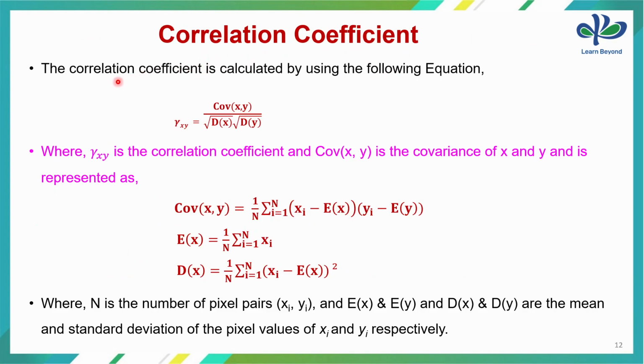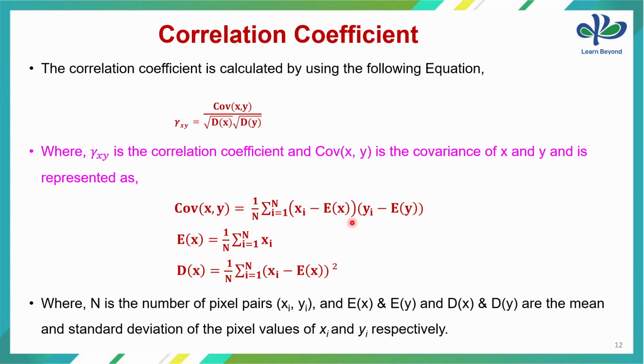Correlation coefficient. The correlation coefficient is calculated by using this equation, that is correlation of x comma y is equal to covariance of x comma y divided by square root of D of x into square root of D of y. So here gamma of x comma y is the correlation coefficient, and covariance of x comma y, COV of x comma y, is the covariance of x and y, and we can calculate the covariance between x and y by using this formula, that is covariance of x comma y is equal to 1 divided by n into summation of i equal to 1 to n, xi minus E of x into yi minus E of y,